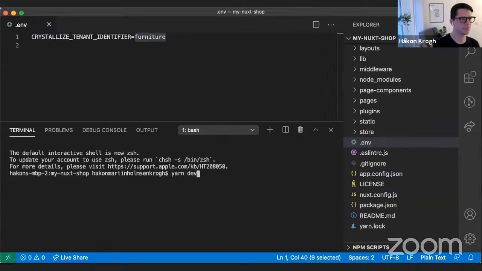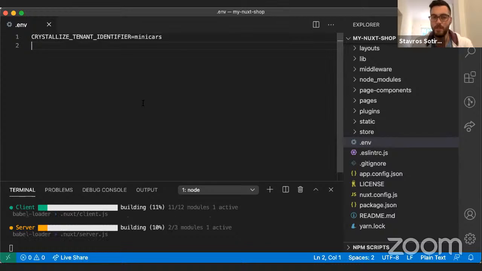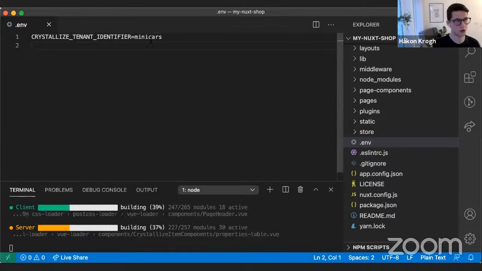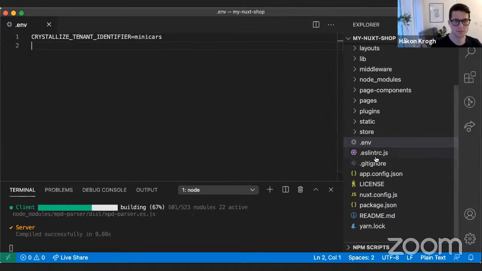So let's just replace this with mini cars and start this project. Not sure if it's going to render a front page. We'll find out. Well, it does have some changes, right? Yeah, it probably is. But this is how you would basically target a different tenant. The rest is